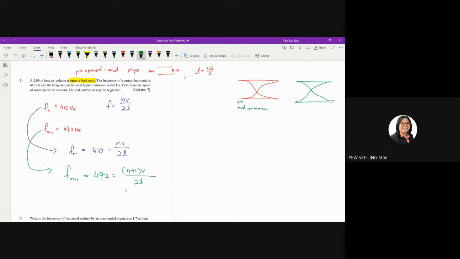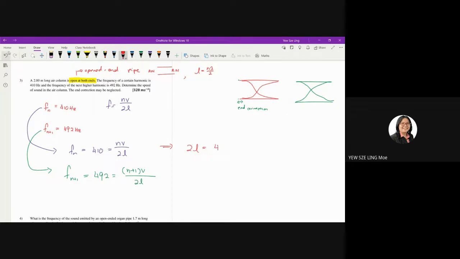But how? It's up to you. You can rearrange the equations. For example, I rearrange the equation to obtain 2L equals